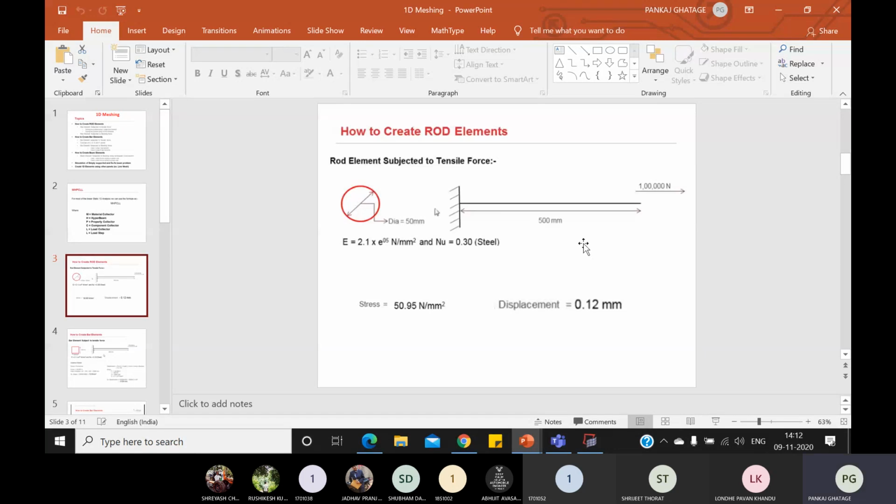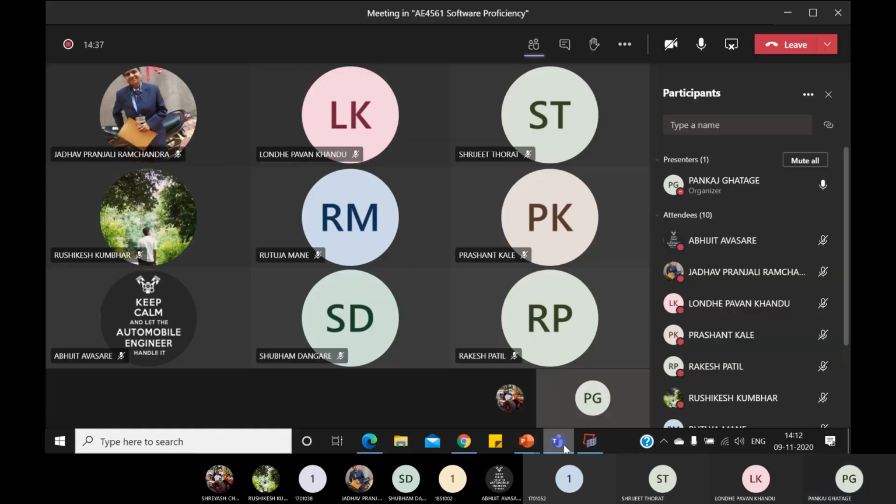Okay. So first of all, tell me, suppose I want to implement the analytical method here. How can we implement it? If I want to find out the stress value, how can I find the stress value here? Is there a formula you can tell me? Yes, who will tell? Abhijit,